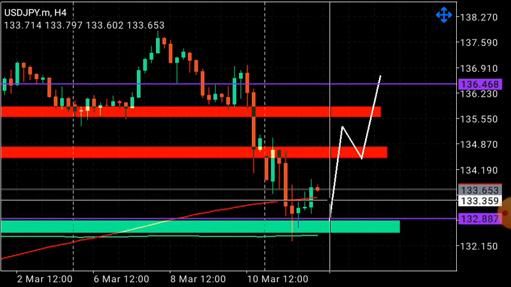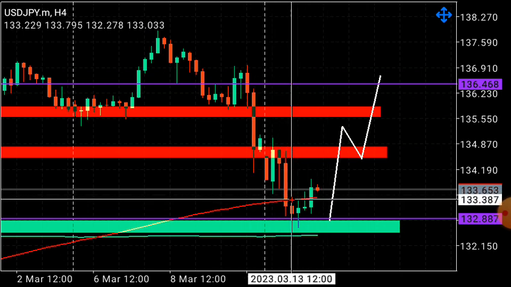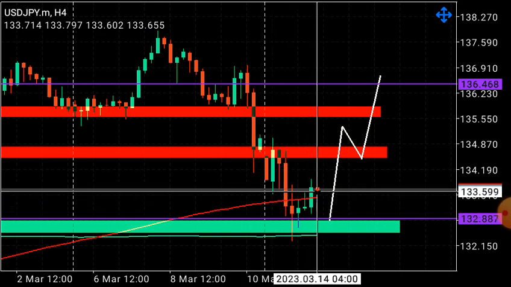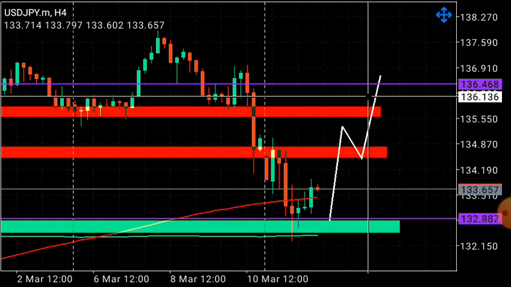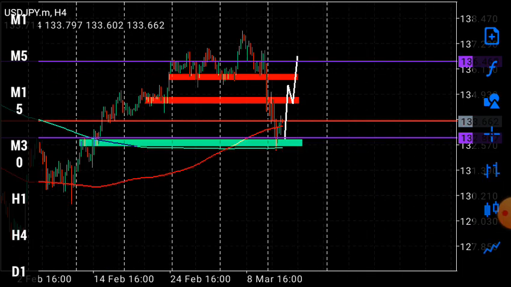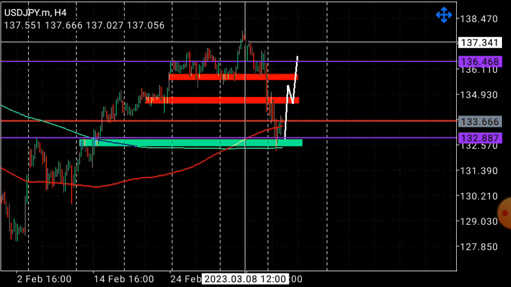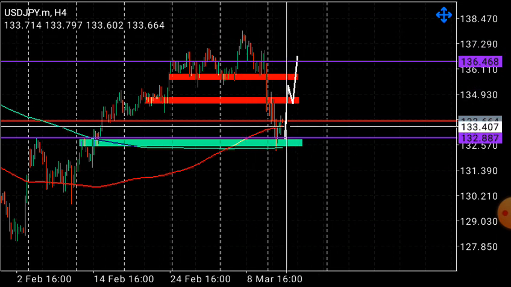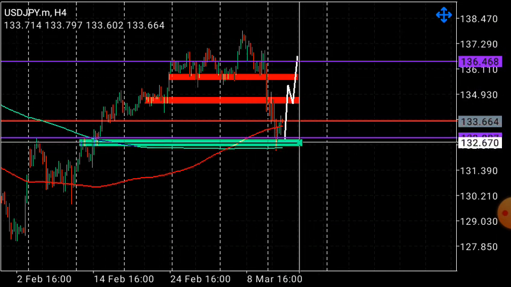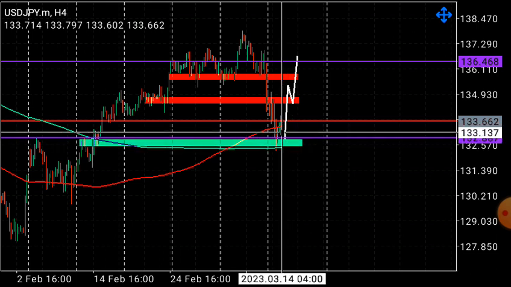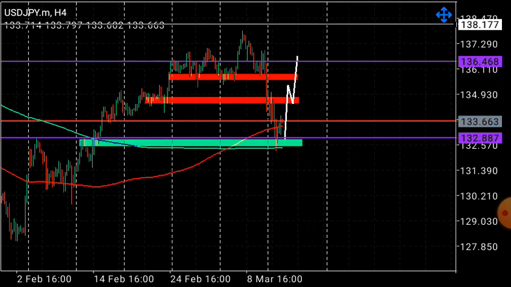Currently we have the 200-day moving average just below price. When the moving average is below price, price will rise. It's the nature of the market. When the market is high, we sell. When the market is low, we buy. So currently price is low, and it's a good opportunity to buy USDJPY. You understand what I'm saying?